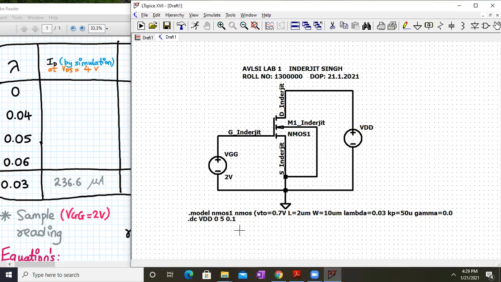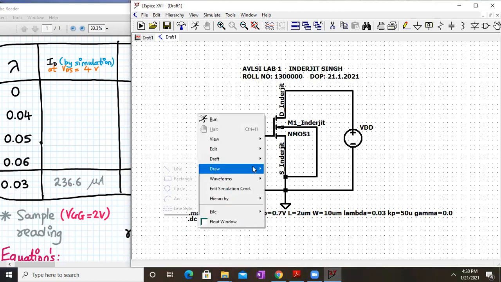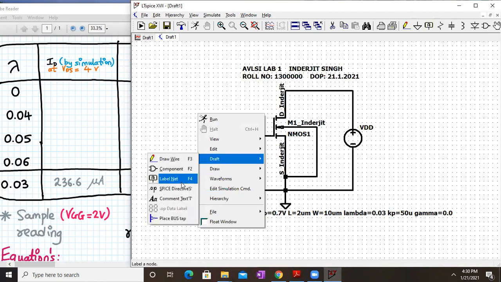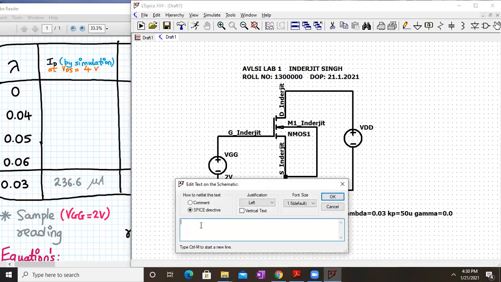We will use the dot measure statement. Okay, so dot measure will automate the calculations for us. So we'll go to draft, go to spice directive, and start writing this dot measure. Okay, this ID value is just a variable, right? And next we will write find. Now we have to write that ID value, that is ID of M1 underscore the name. This is the transistor name which we are given. Find ID when